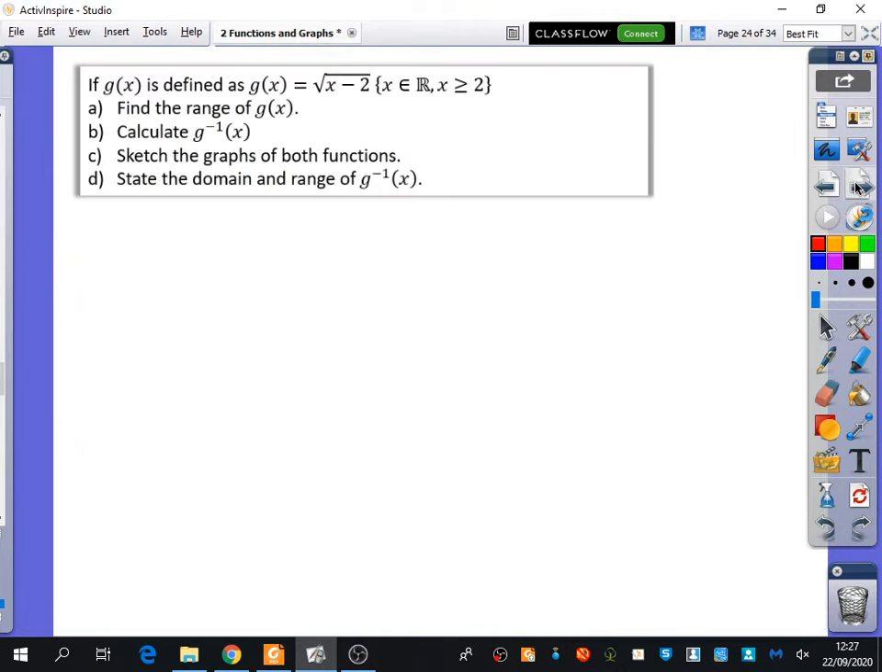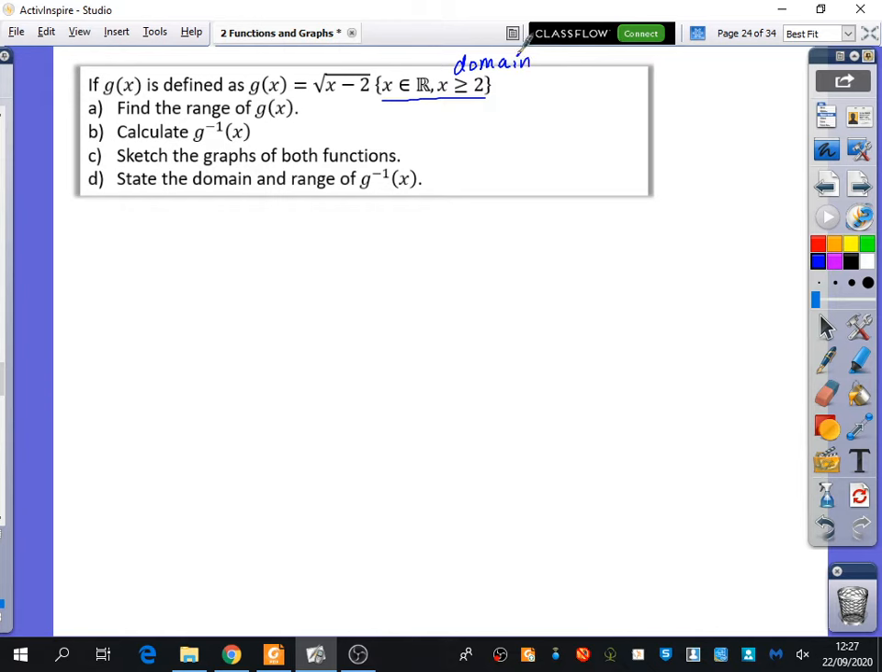Okay. So here we have got a function, g of x, and I just want to break down a little bit more about what it says here. It says that g of x is equal to the square root of x minus 2, and it says that x is a real number and x is greater than or equal to 2. So it's told us about the domain here, okay? This is the domain,